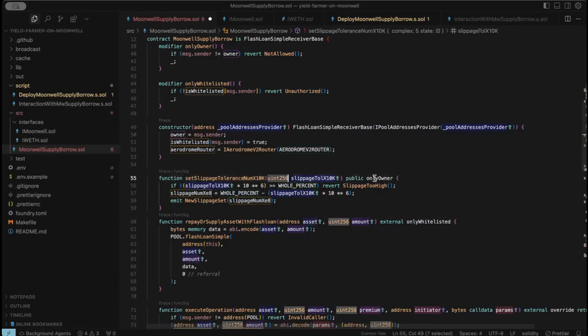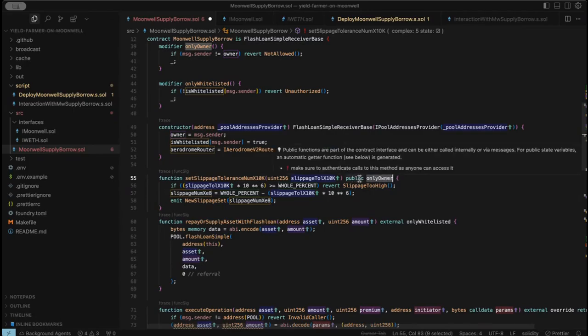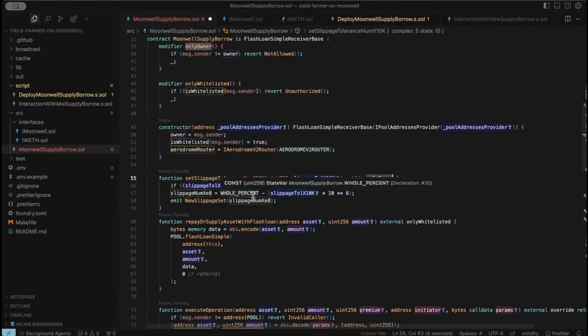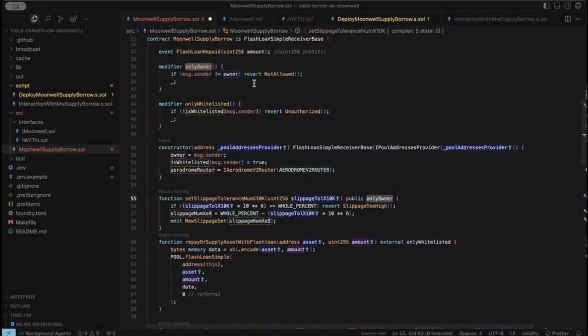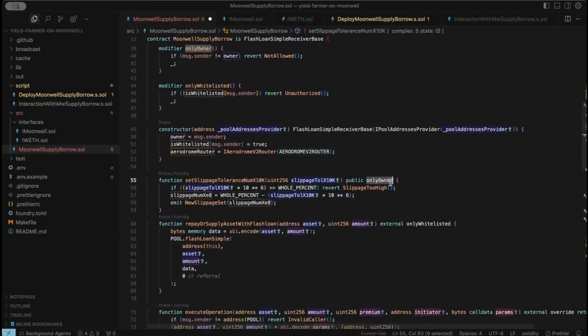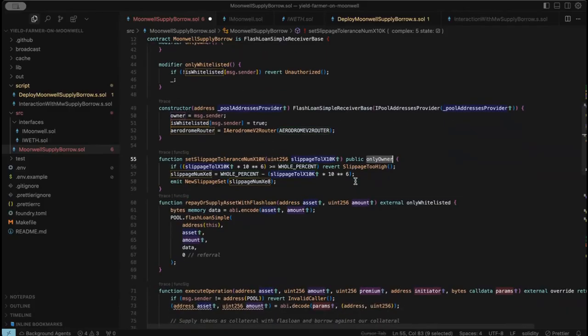All right, so this onlyOwner modifier helps us to restrict the address that can talk to this function. We want only us, only the owner of this contract, to be able to change the slippage of this contract. That's the whole essence of this onlyOwner modifier. You can see it's defined up here. So whenever anybody calls this function, this checks whether it's the owner address that calls it, and allows only the